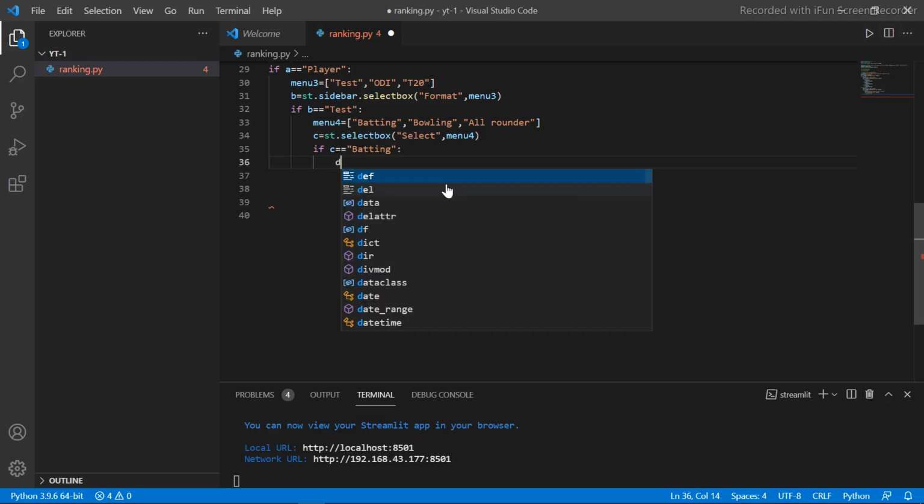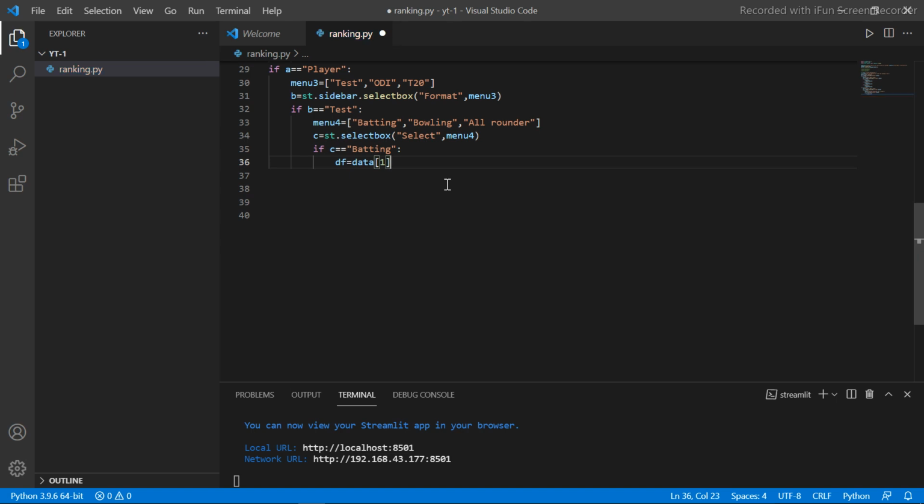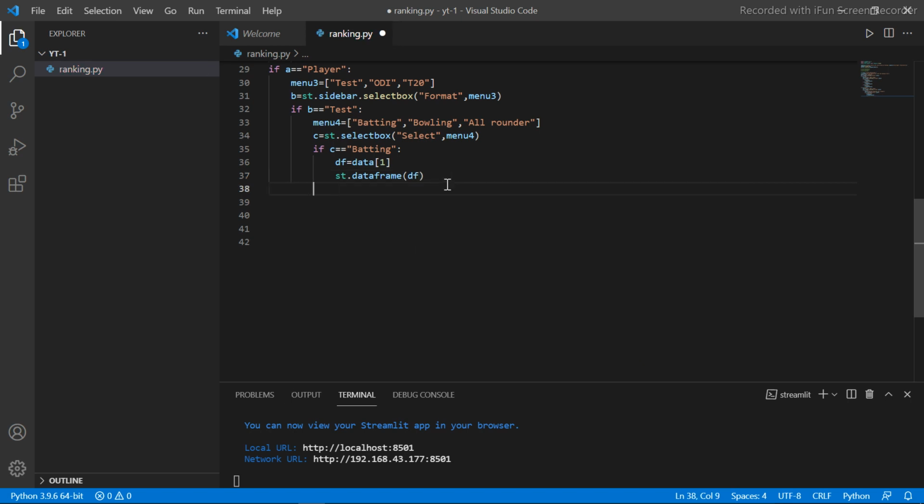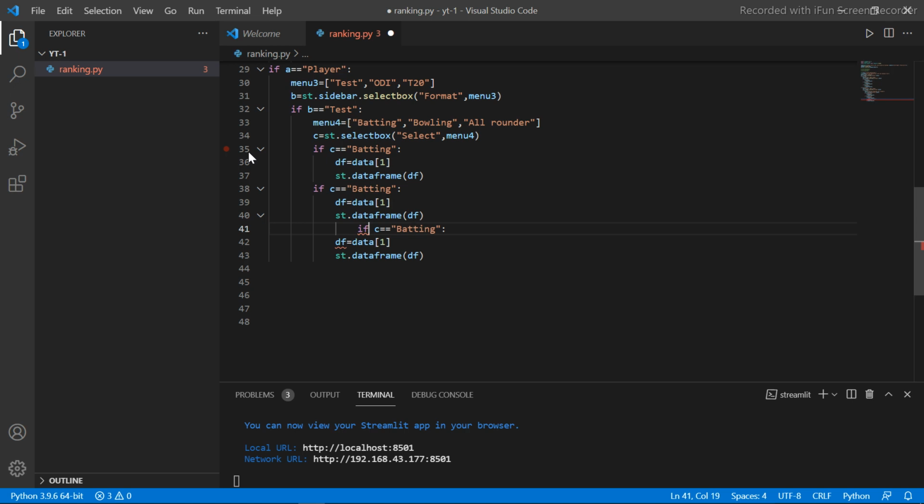Okay, so df is equal to data of 1 and st.dataframe(df). Okay, cool. Similarly, I will do it for batting, bowling, and all-rounder. Bowling will be on 0, first, second, and all-rounder will be on third.